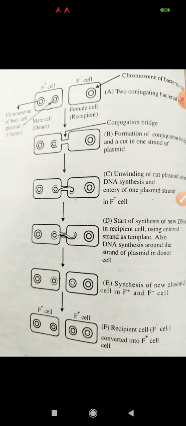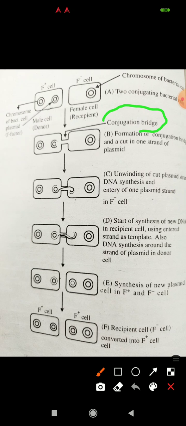Now, the third direct evidence is bacterial conjugation. Conjugation is the process where two bacterial cells, one positive strain and the second negative strain, form a bridge in between called a conjugation bridge. And through this conjugation bridge, the transfer of genetic material happens. That concept we will see here, bacterial conjugation, which will give you the direct proof that